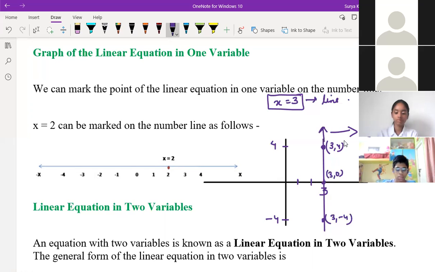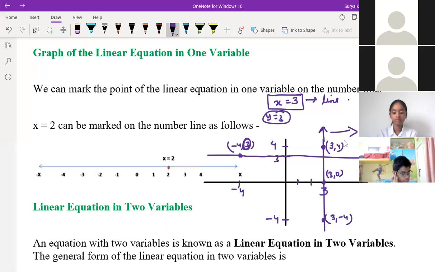If y is equal to 3, then I'll tell you. If y is equal to 3, see here it is 3. So this is parallel to x-axis, like this. Okay, sir. So this is a line for y is equal to 3. On this line, if you check, you will always get y is equal to 3 only. Like here is coming -4. This point becomes what? -4, 3. So here 3 only you are getting at the y place, right? Yes, sir. Yeah, everywhere you will get like that only. Understood? It's clear? Understood, sir.